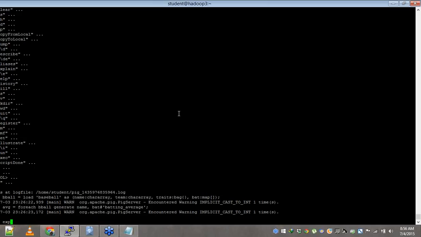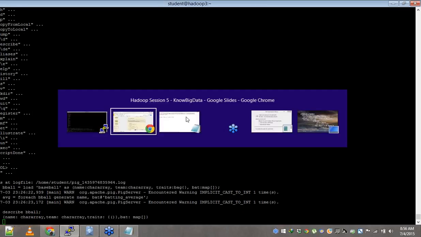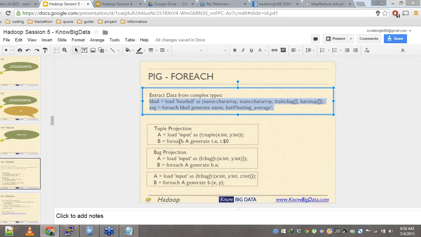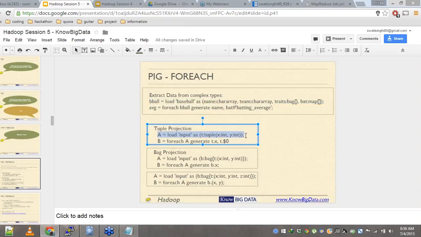Okay, let's do a describe on B ball. So it gives me the value after describe. Now we can say let's work on the